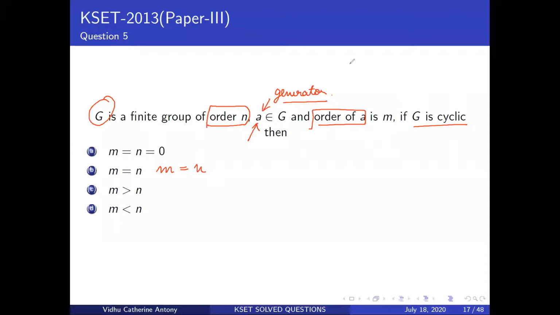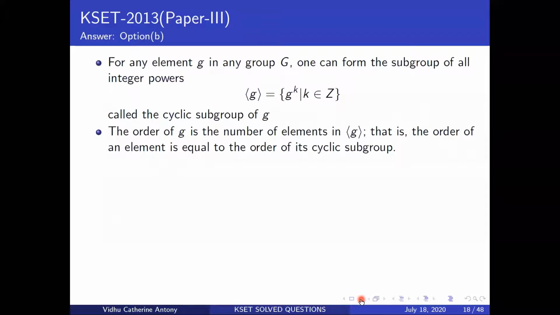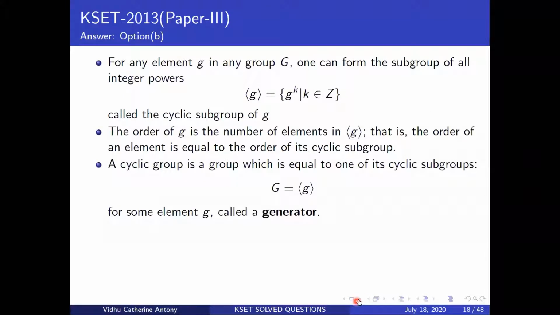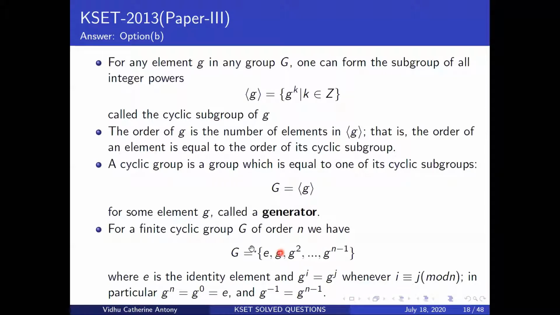I've tried to explain it in like 4 minutes. I'm not so sure if people have got it, but please get back to me if you haven't. So this is basically repeating those elements. What do you need in your group? You need an identity element. You need an inverse that exists, so you need a G inverse too. So this is how you basically denote your cyclic group with a generator G.